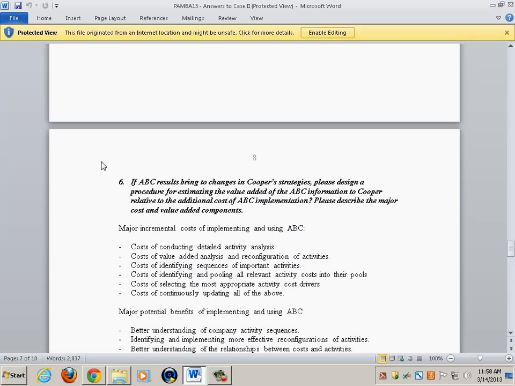So in what many consider before they move, the benefits of traditional costing to ABC. Incremental benefits exceed the incremental costs. Of course, it's an estimation. Then there is a good reason to go to ABC. But if you